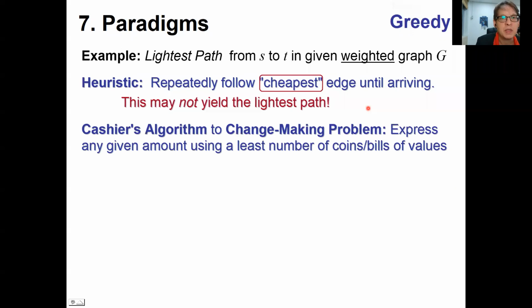Let me illustrate that with a positive example, namely a cashier's algorithm for the change-making problem. So the change-making problem is the following. Suppose you're asked to pay a certain amount, and you have a collection of coins or bills of various values in your